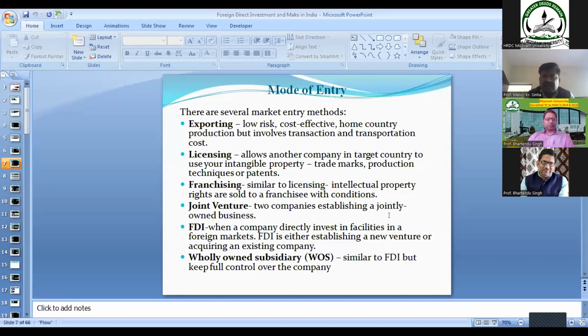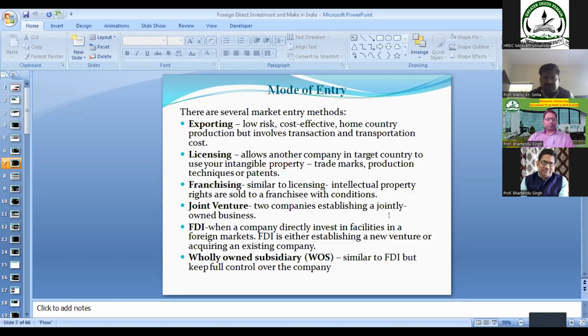Franchising is similar to an extension of licensing. In this case, intellectual property rights are sold to the franchisee with certain conditions, such as operational process, maybe layout, designs. These are the conditions put by the franchisor for giving the license to the domestic company in the host country. Another form of